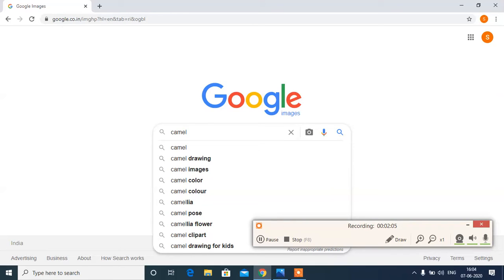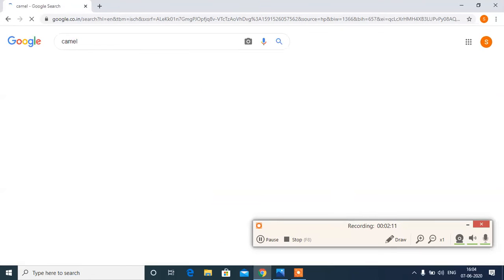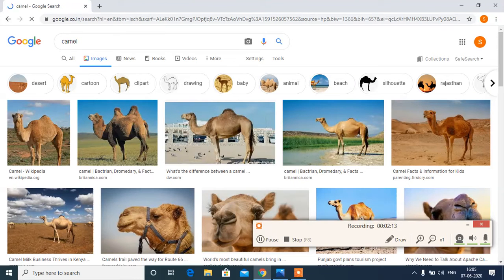Camel. Then click on the search lens. So here are so many images of camel available before me.